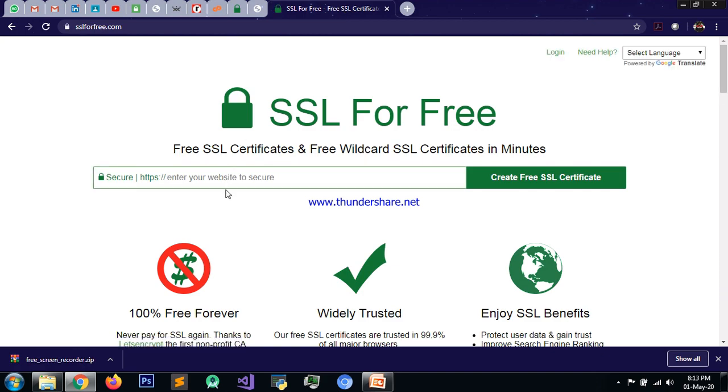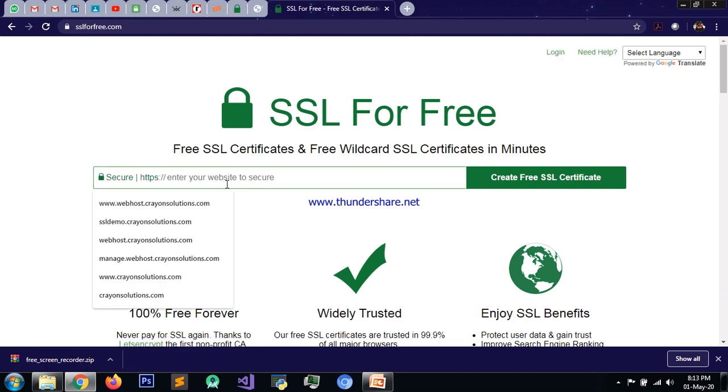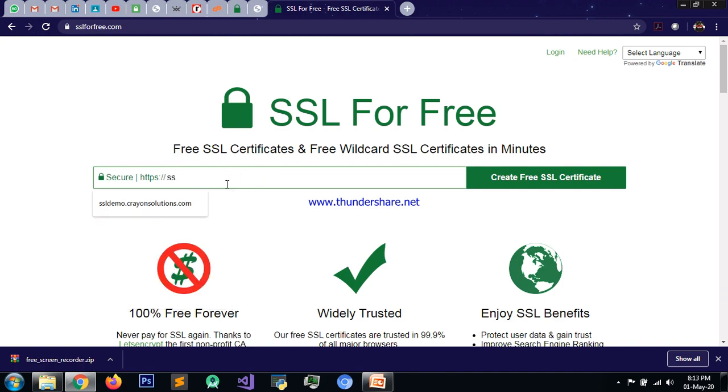Then we have to enter our website's name to generate the SSL certificate, for which I have created a subdomain on my site to give you a live demo. The domain name of that site is ssldemo.crayonsolutions.com.